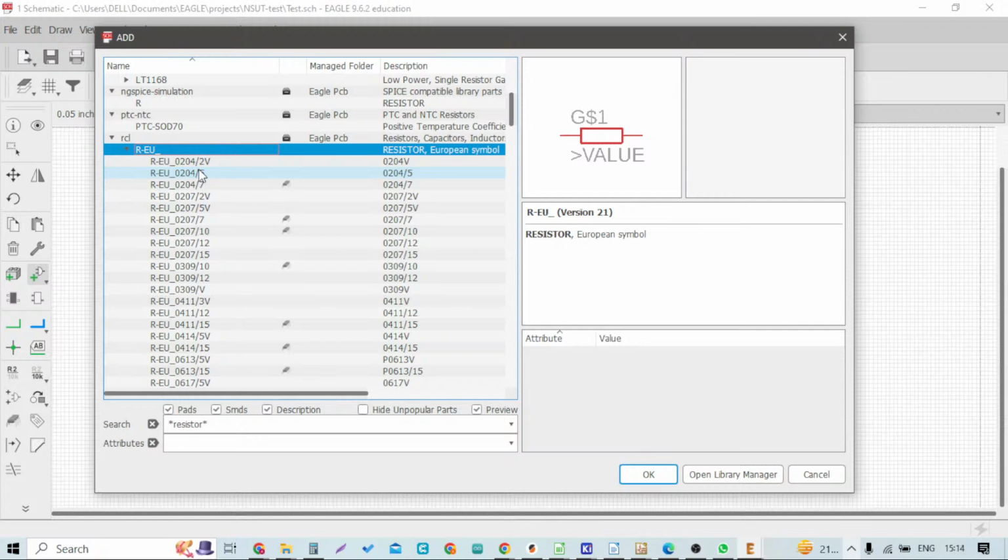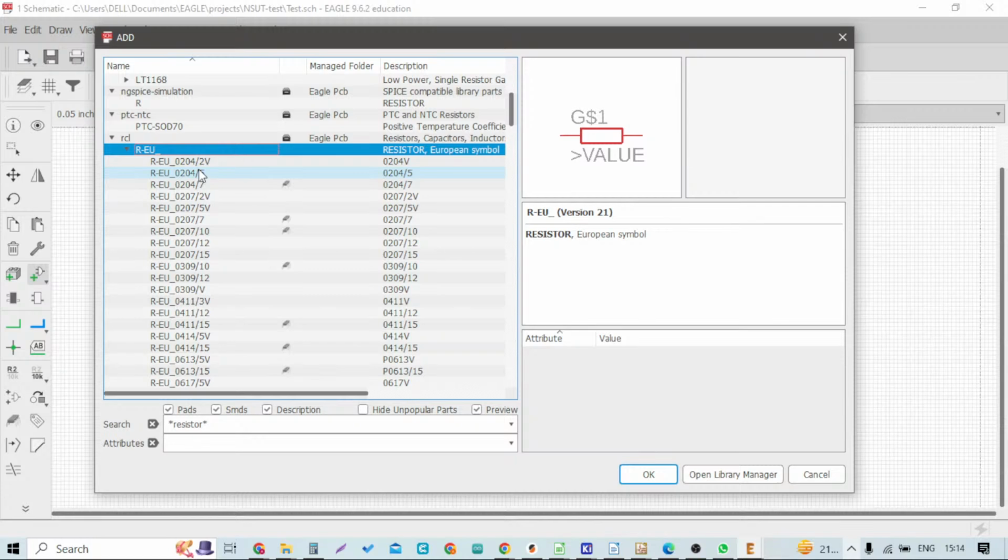So there will be multiple kinds of resistance. For example, let's say 1/4 watt resistance, 1/2 watt resistance, 1/8 or 2 watt, similar kinds of resistance. And based on the wattage of the resistance, the package is also fixed, that this package will be suitable for this kind of wattage, because a higher wattage resistance will require a bigger size, so the distance between the 2 points will be